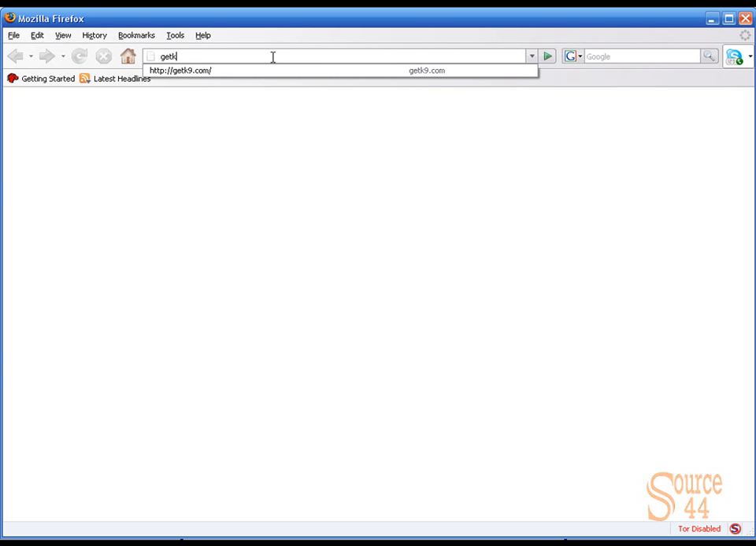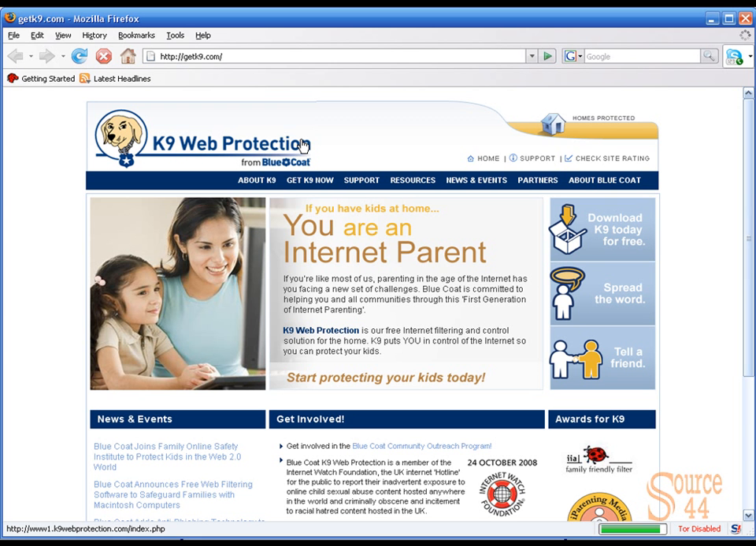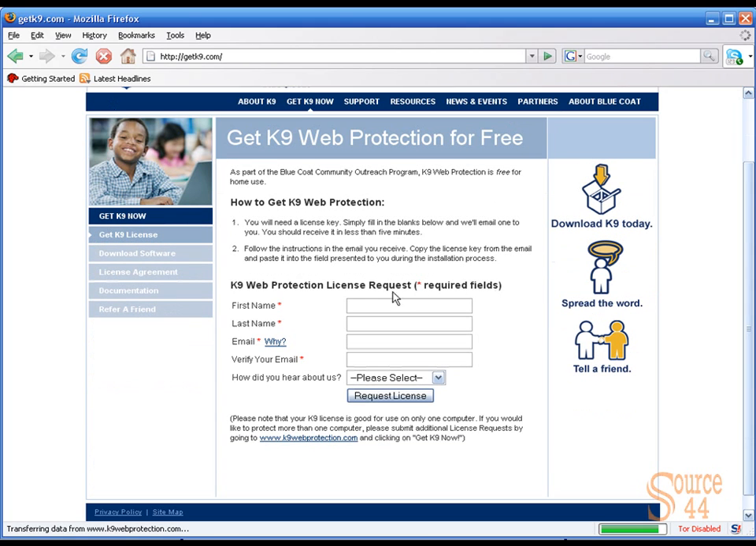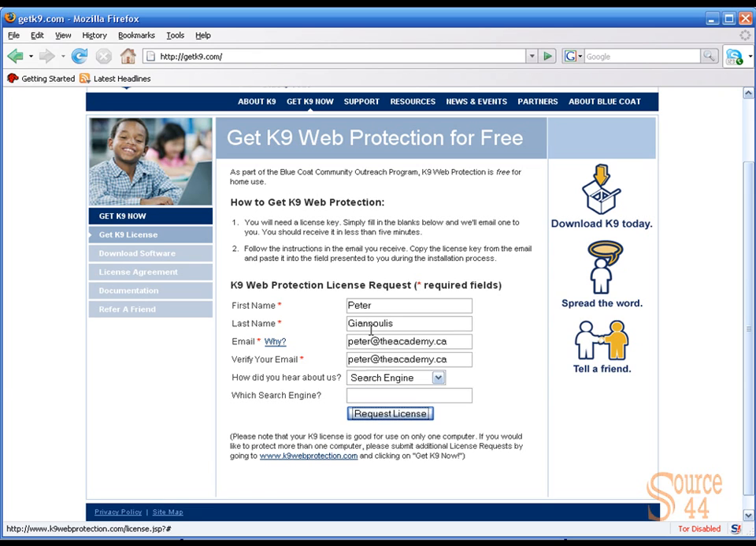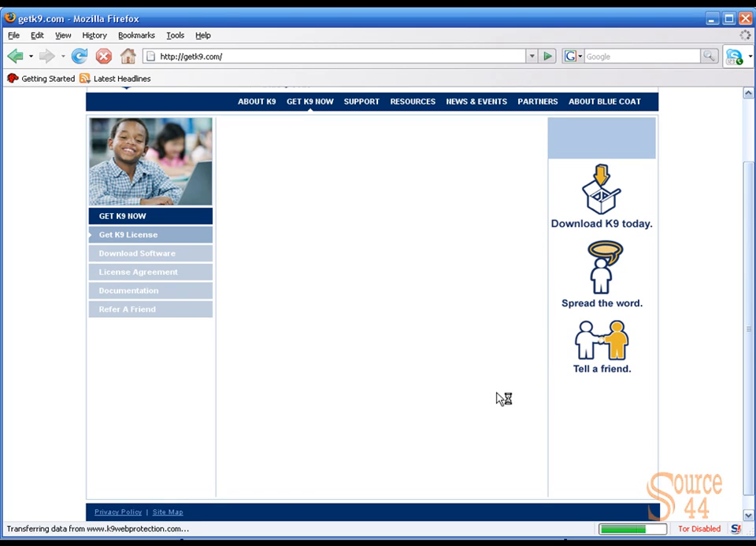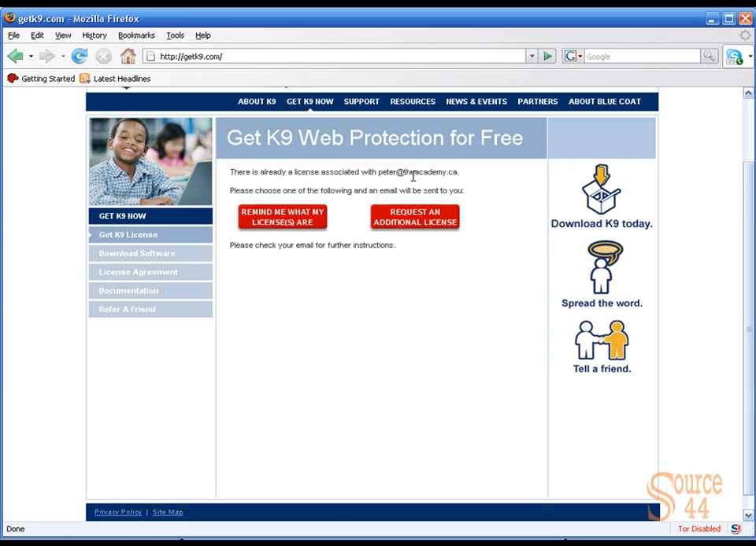It's a small tool, so I'll show you where to get it. It's getk9.com, okay, and you have to go and fill out all the appropriate information. You go to the download tab, fill out your first and last name, your email, and verify your email, and how did you hear about us? Little drop down, and you request a license. Essentially, that allows BlueCoat themselves to email you the license that you plug in after the install. So go ahead, we'll click request license,